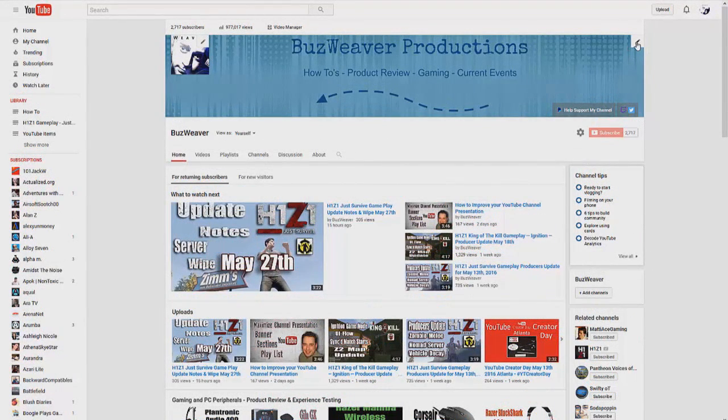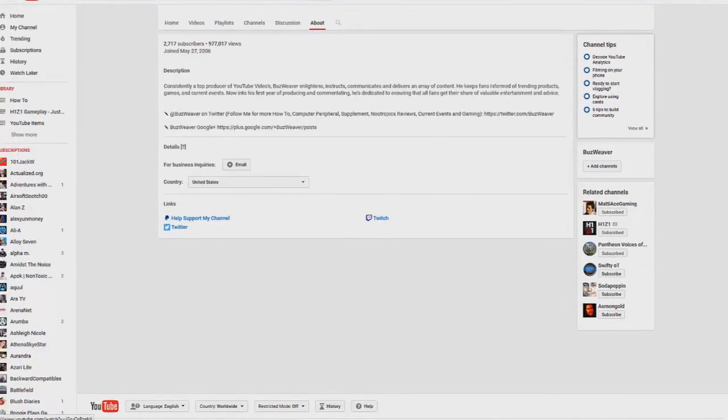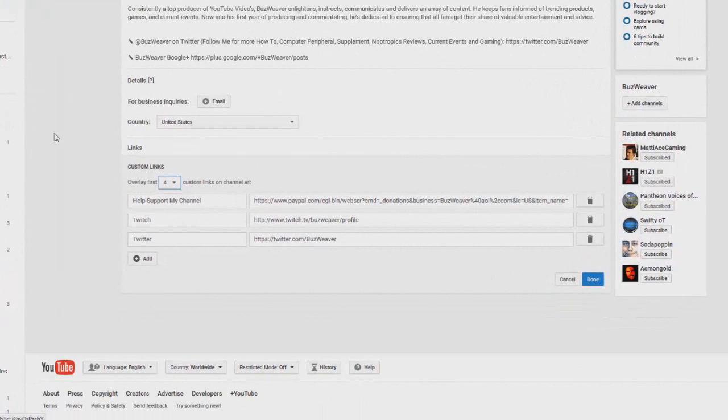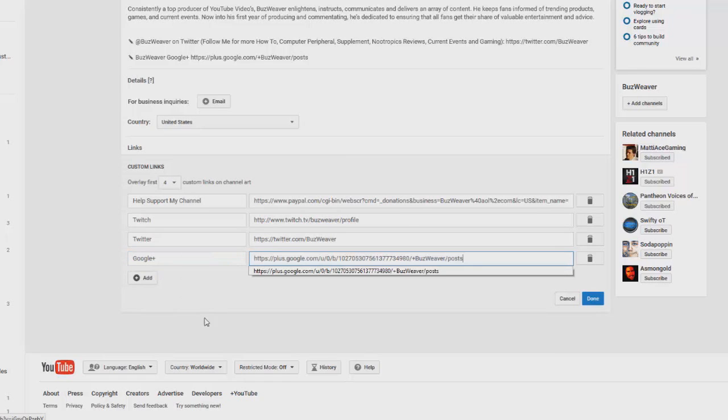Hover your mouse over the right corner of your banner and you'll get the little pencil. Click on that. And then we're going to go to Edit Links. This will bring us to the About section of the page, and just below that you're going to see the section where you add your links, and we're going to leave it on 4 because we're going to add one now. So click on Add, and this is going to be Google Plus, and we'll put in the URL and